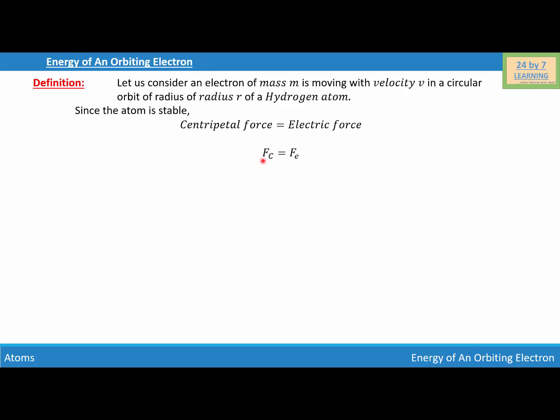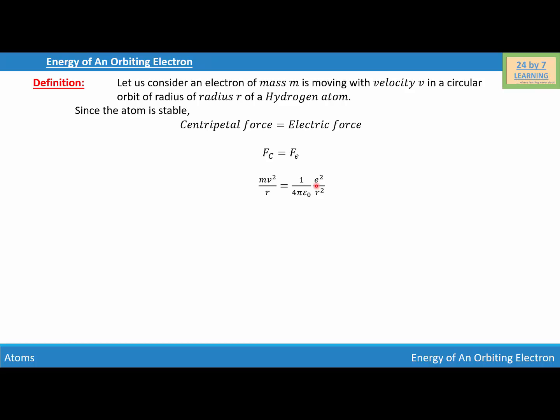So our centripetal force Fc is equal to the electric force. Basically, we know that our centripetal force is mv square over r and our electric force is 1 over 4 pi epsilon 0 e square over r square. So we will write mv square over r is equal to 1 over 4 pi epsilon 0 e square over r square. And the reason we are writing e square is that we have one electron and one proton